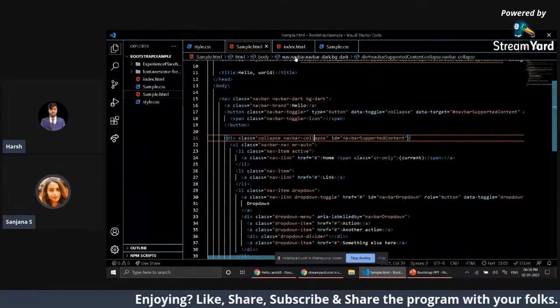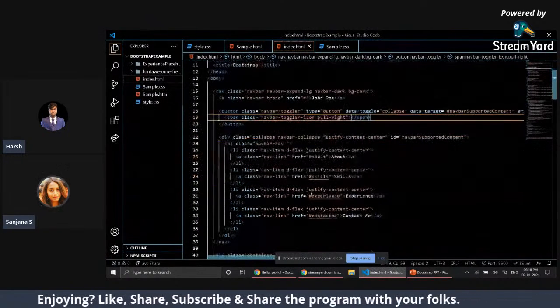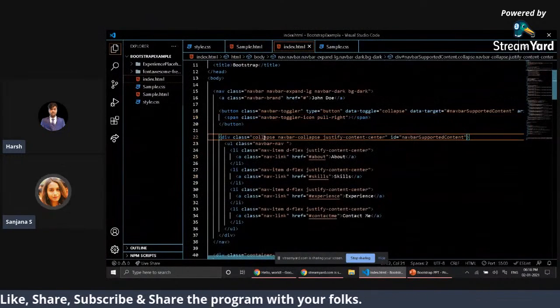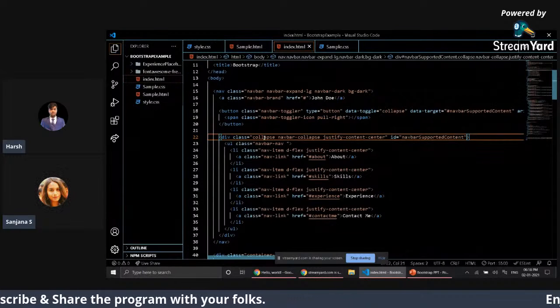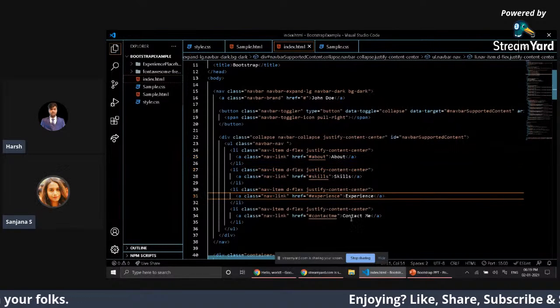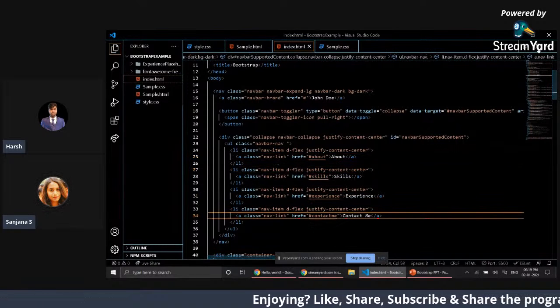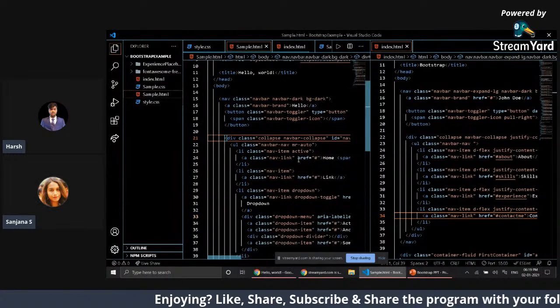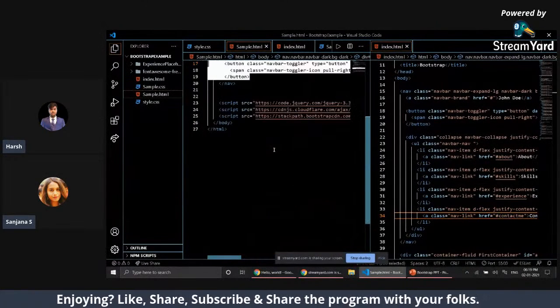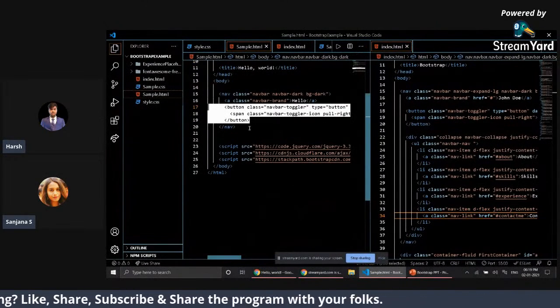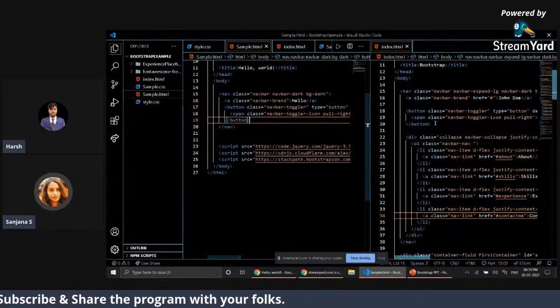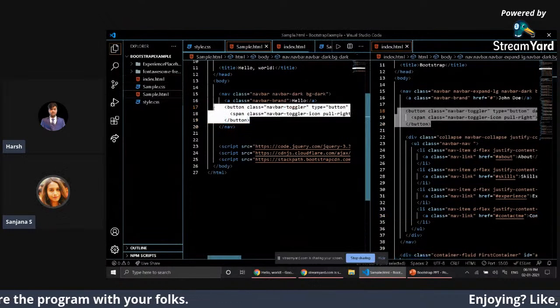Since we're trying to make it look like this website right here, we've made this a collapsible toggle menu. So here we have an about, skills, experience, and a contact me section. Let me show you that. Once we have this button that we've coded right here,